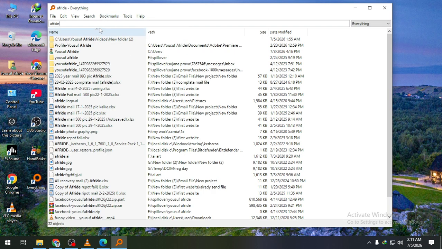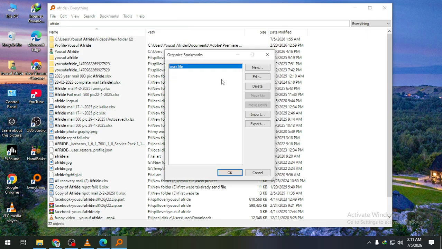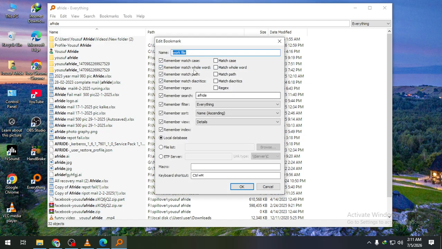If you want to change a bookmark, open the Bookmarks menu and select Manage Bookmarks. From there, you can edit the search, rename it, or remove it completely. It helps to keep your bookmarks organized with clear names. For example, group them by file type or task, like work files, media files, or downloads, so this makes searching